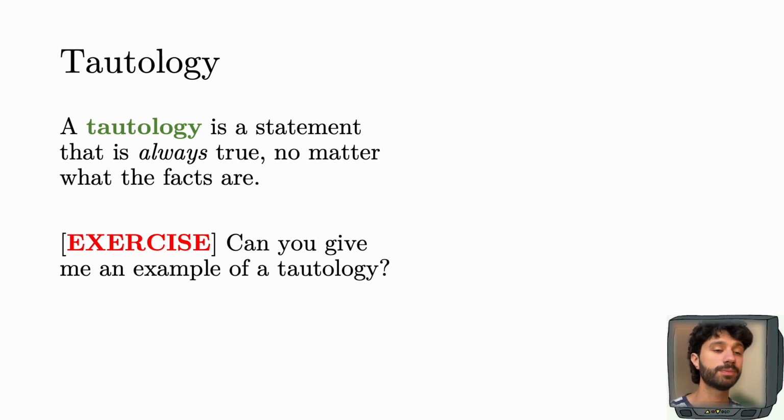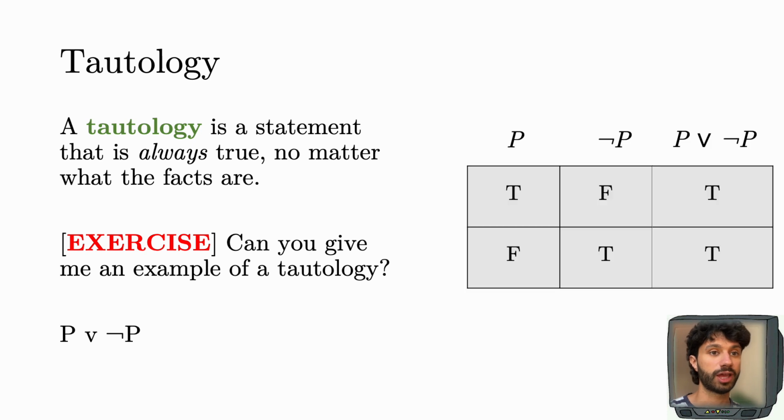Okay, one of the most simple tautologies that you can come up with is P or not P, or A or not A, right? P here stands for a statement. And I'm going to show you the truth table over here. We draw the truth table for P, then for not P, and then for P or not P. And note that the column of P or not P is always true. There's not a single case in which the column is false. So that's a tautology. So P or not P is a statement that's always true, right? If I say that the sky is green or the sky is not green, that statement is always going to